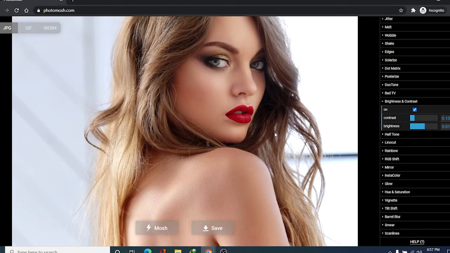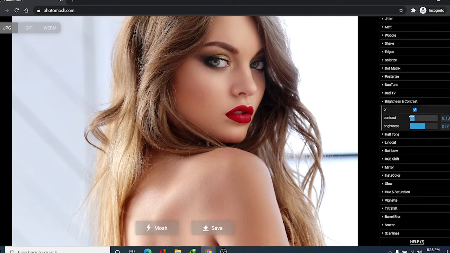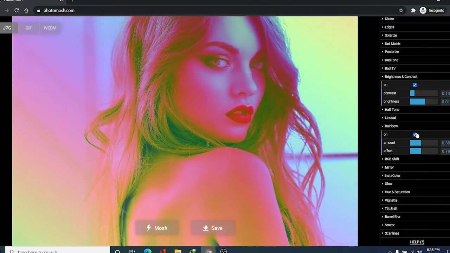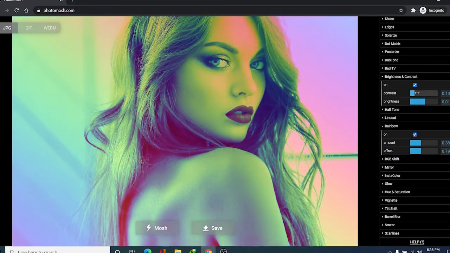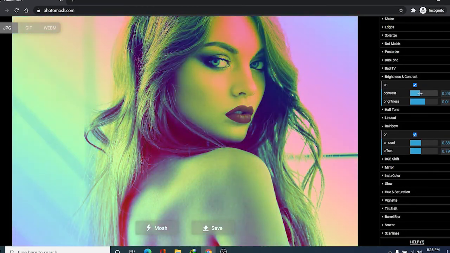My favorite glitch effect is a mix of both brightness and contrast and the rainbow effect. So you click on brightness and contrast. Come on, where are you guys hiding? Yeah, I got you. And you have the rainbow effect, which is this. I have a way of making it look very cool. For the contrast, you could increase or decrease, but I always use just